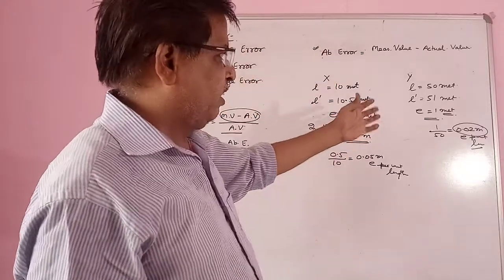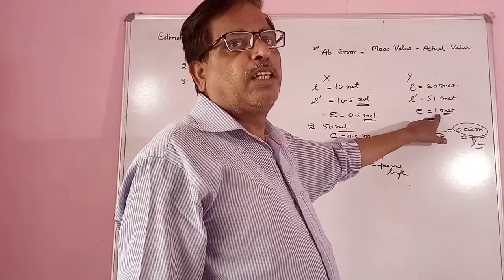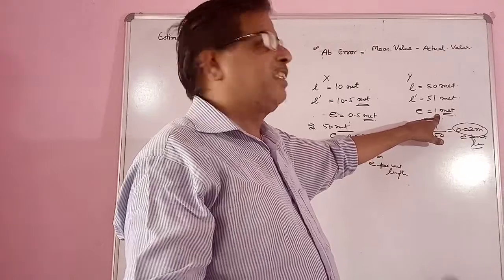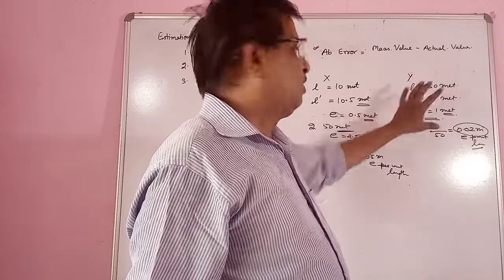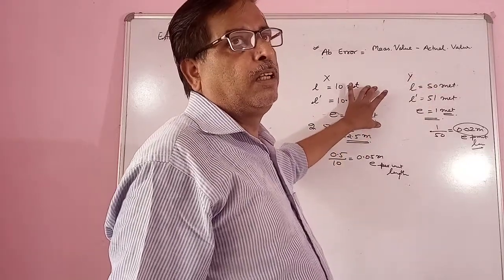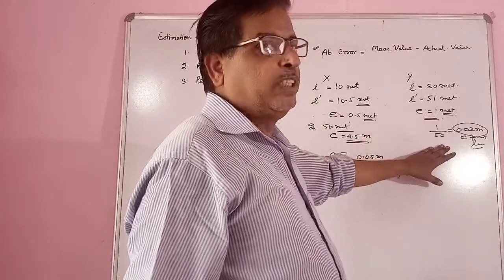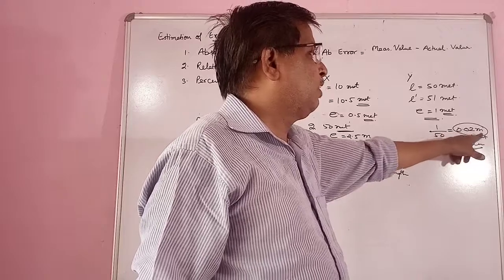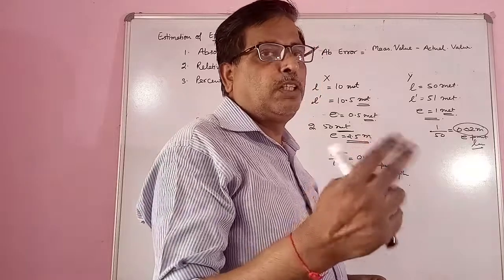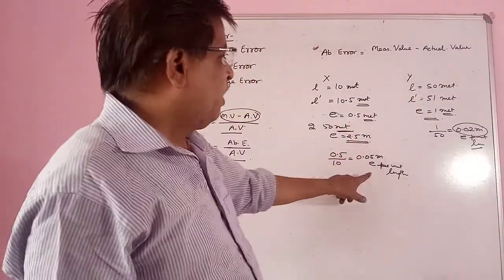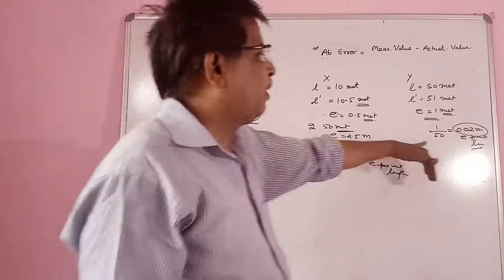In absolute error, what happened? We said that here it produced an error of 1 meter, that means this measurement is worse. But in actual, this is the much better measurement because it is making 0.02 meter per unit length. This is an error of 0.02 meter, meaning 2 centimeter per unit. Here it is making an error of 5 centimeter per unit length. So this measurement is better.